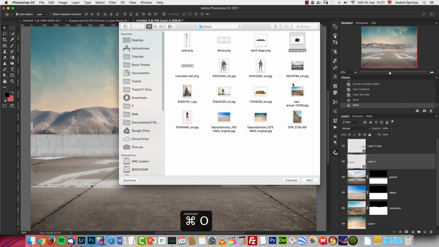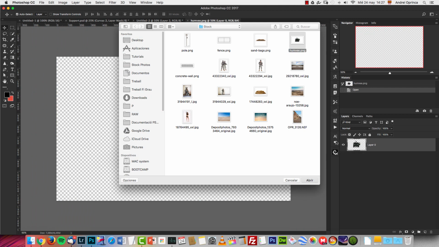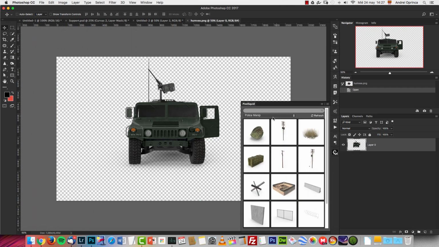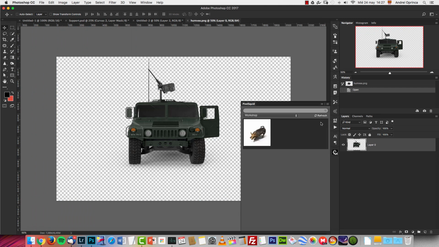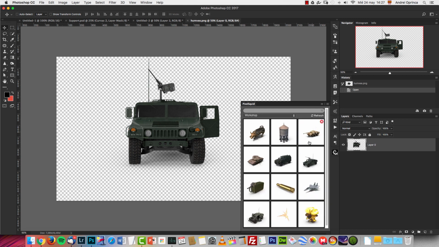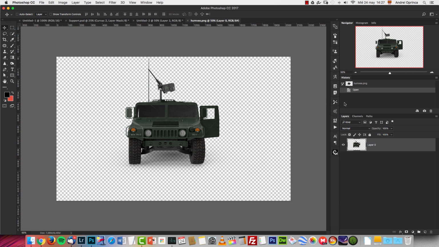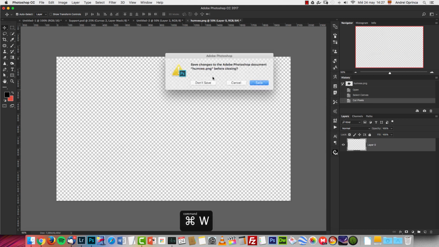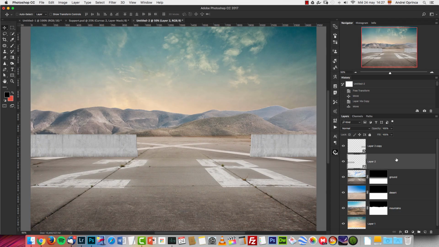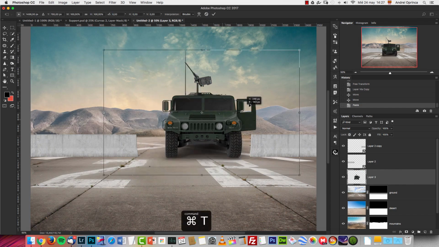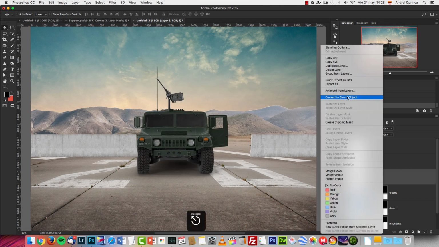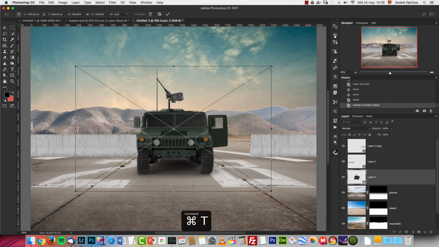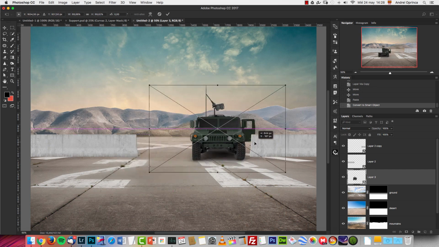Next, we're gonna add a Humvee. If you have Pixel Squid, you can see I have several lists here. You can add other elements, like for example tanks, other cars, or whatever you want, a helicopter, whatever you want. I'm not gonna save that, and I'm gonna paste it, let's see, right here. I'm gonna make it smaller. Let's turn it into a smart object. By default, Pixel Squid adds all these elements